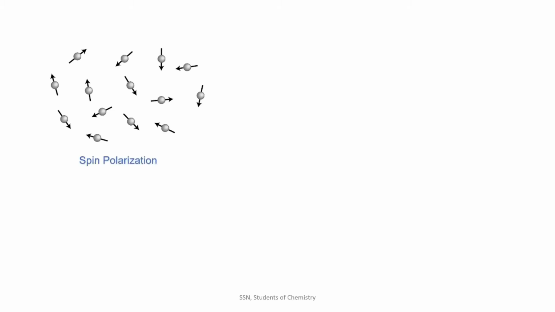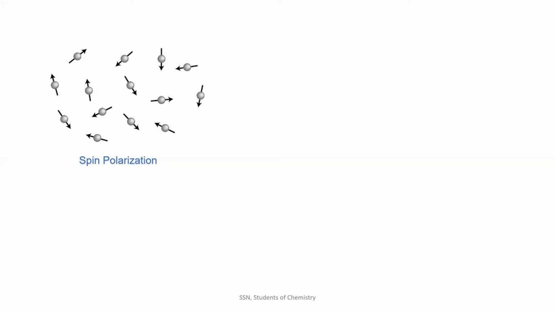What we all know about spins is that there is either an upward spin or a downward spin. No, it is not like that. Spin is way more complicated than what we think. There are different distributions of spins. A spin may be distributed in any direction, and this distribution of spin we call spin polarization.